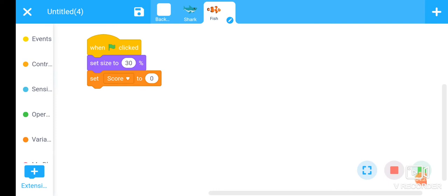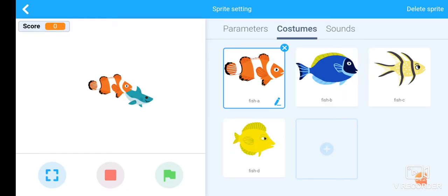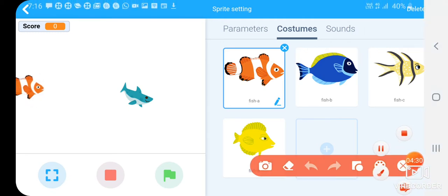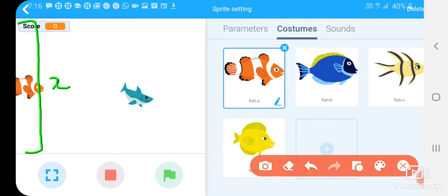first we will decide the position from where the clone should start. Let us consider the clone should be generated from the left side. Okay, the x value is fixed, but the y value varies from plus 180 degree to minus 180 degree.